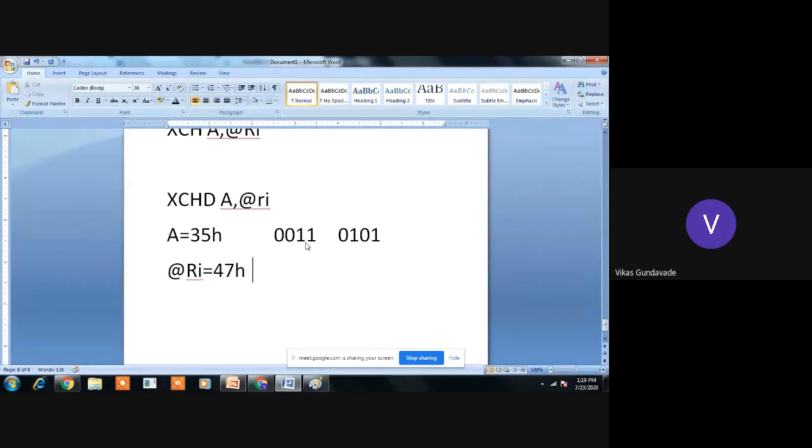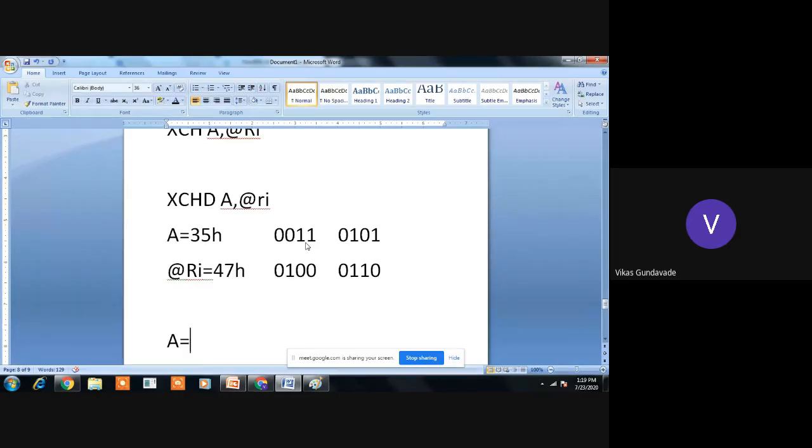Similarly, 47 will be 0, 1, 0, 0 and 0, 1, 1, 1. Right, so this is the representation of the number in hex. After execution of this instruction, the accumulator's higher 4 bits will remain as they are.